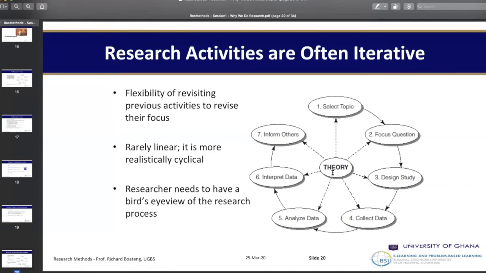A student says that he's going to do a study on market women in Medina Market. He starts the study and realizes that to be able to interview market women very well, you have to be prepared to buy some of the produce. And he realizes that he doesn't have enough money to be buying every time he goes to the market. So he changes his design, that he wants to study a different type of group because he can't be buying from them. Sometimes some of these are basic challenges that students have.